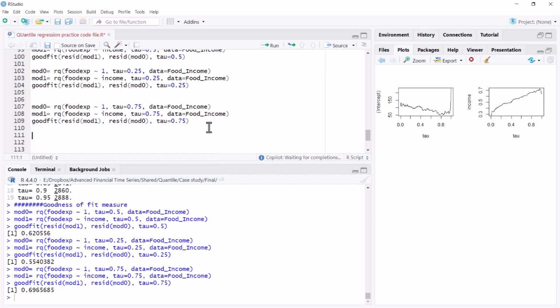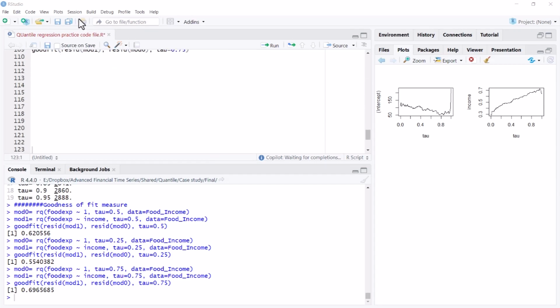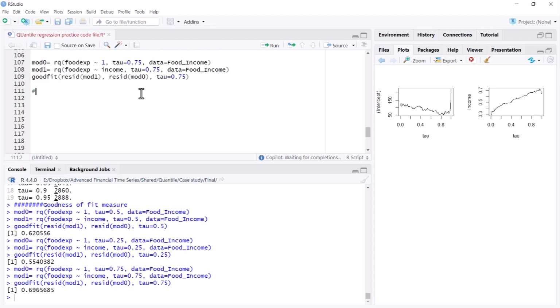In this video, we'll conclude our quantile regression exercise. First, we'll break the data into test and training data sets. Then we'll train a quantile regression model and a linear regression model. We'll compare both the models and visualize the results. So we will train and test our quantile regression and OLS regression models and compare the results.